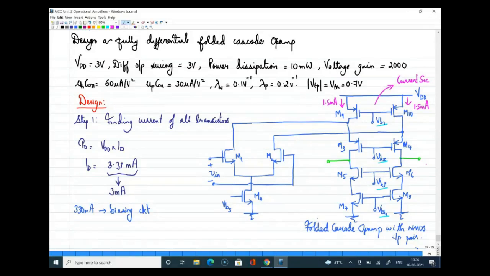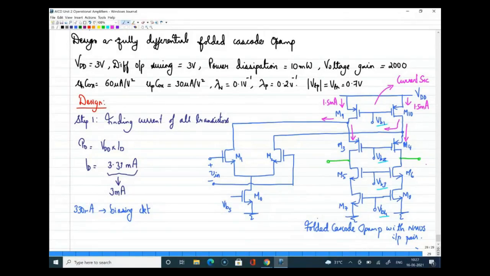Any disagreement or any confusion in that? Because through these two transistors we are getting current to the entire branch, or all the other transistors in the circuit. So for M9 and M10 I am allocating the total current divided by 2, so that is 1.5 milliamps on one side and another 1.5 milliamps on the other side. Now we need to decide how this 1.5 milliamps from the drain of M9, the DC current, will split into two. One will go to this side and another one will go to the other side. Similarly, this 1.5 will flow towards this side and towards this side. That means this 1.5 milliamps is actually splitting.